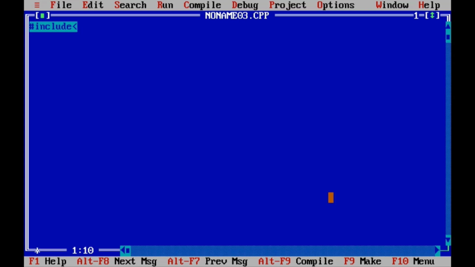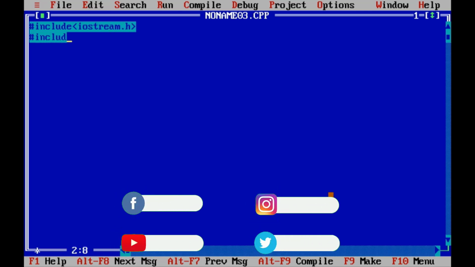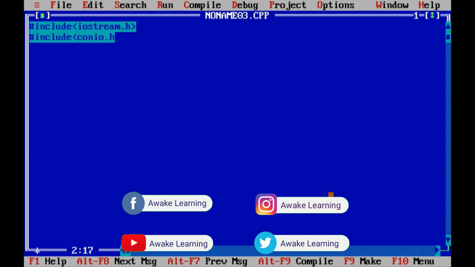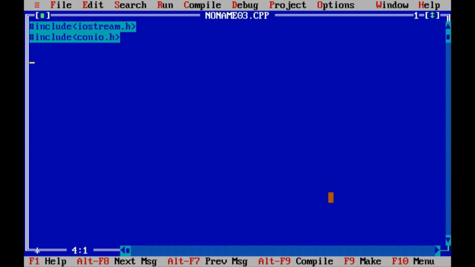In this, #include <iostream.h>, #include <conio.h>. Here we have class example.